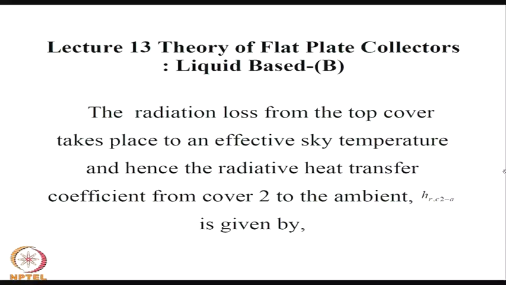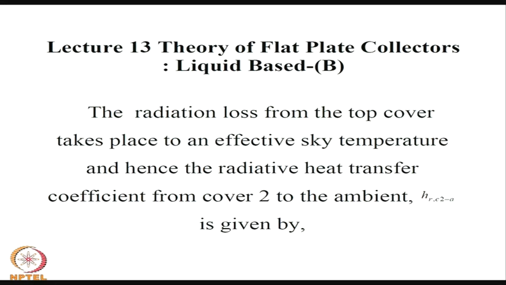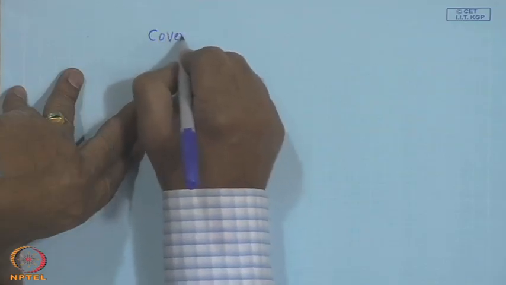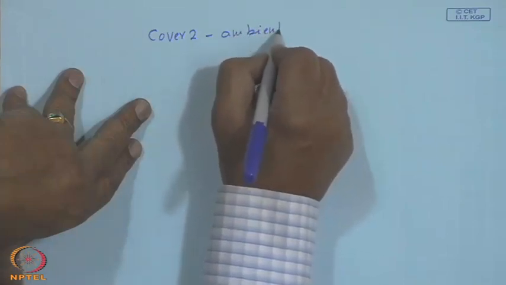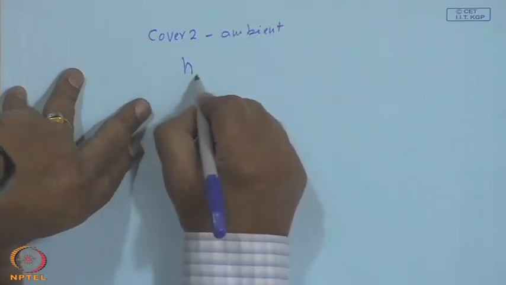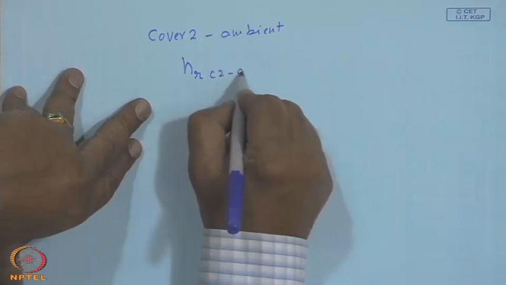So, we shall continue with our procedure to obtain the overall loss coefficient. We have expressed the loss from the plate to the cover 1, and if you consider the top plate from which the loss is taking place directly to the ambient, the radiative heat transfer coefficient from the cover 2 to the ambient,